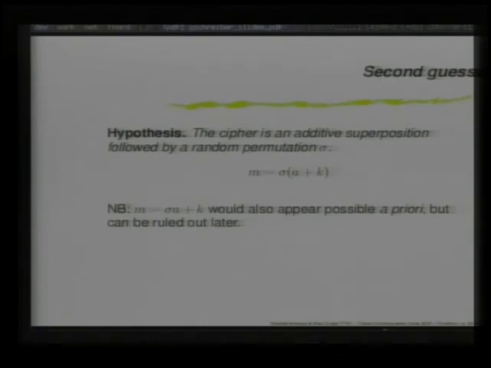Just as a side note, at this point it's not entirely clear whether the permutation is done before or after the superencipherment, right? It could also be that you first permute the plain text and then XOR, or it could be the other way around. But I'm going to tell you right now that